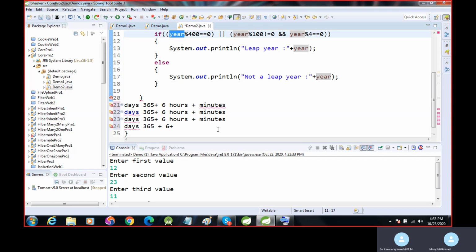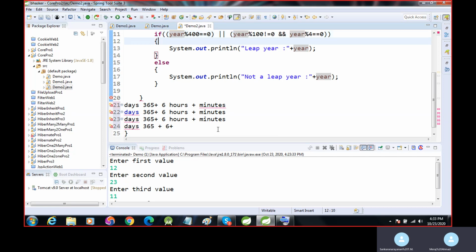If this condition is true, then your year is a leap year. Both conditions must be true: not divisible by 100, and divisible by 4.